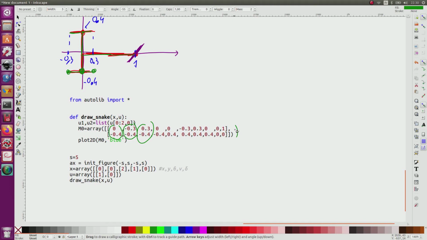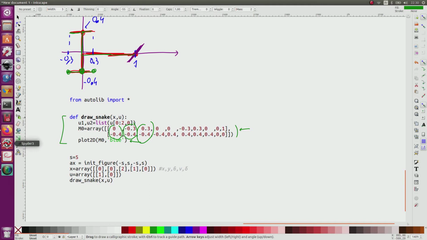So if I plot this sketch, such as here, I will have this type of picture. Later I will move it, but at the moment it's my initial sketch. So I start with the following program. I initialize my picture. I define a state which will not be used in this first program. I define the input, and then I will draw the snake. But here my draw snake program will only propose to draw the initial sketch.